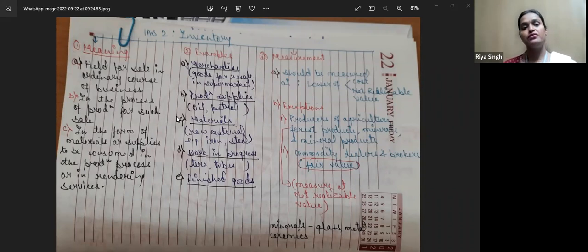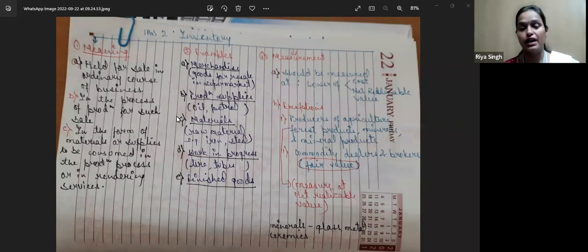In this topic, we are going to discuss what the meaning of inventories is, how we will recognize them, how we will know that something is inventory, what the examples of the same are, and how we are going to measure it. And in that measurement, what costs will be involved. Okay, so let's start. If we talk about the meaning,